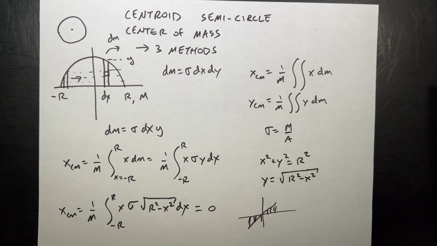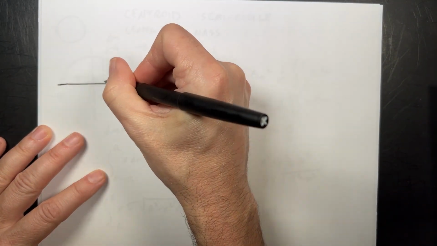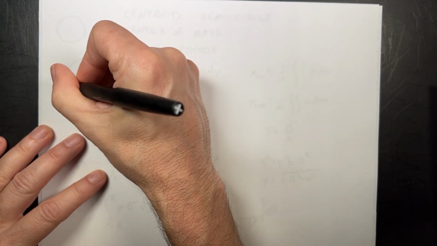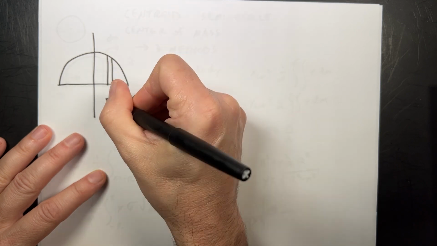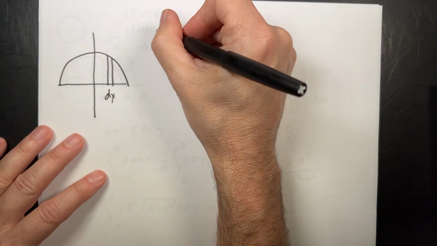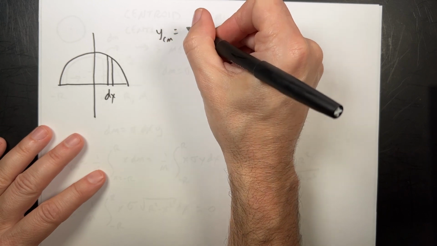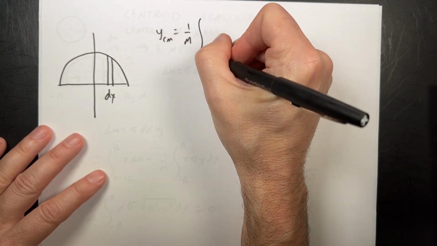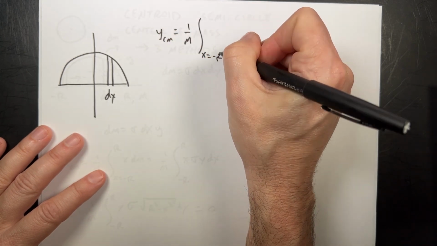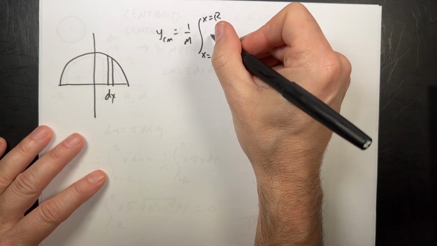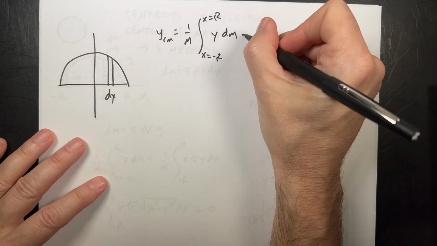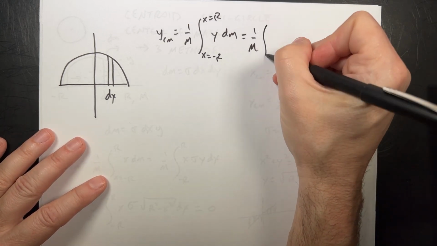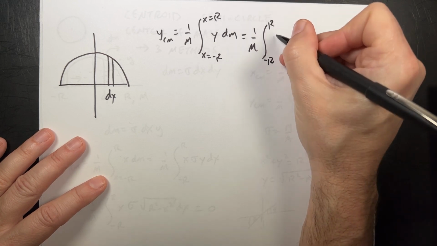Okay, so now let's do the y center of mass. Let me just redraw my circle here. I'm tracing it so I can see it on my paper. So here's my dx. And I'm going to say the y center of mass is 1 over the mass times the integral from x equals negative r to x equals r of y dm. And I still have the same dm, so this is 1 over the mass, integral from negative r to r,